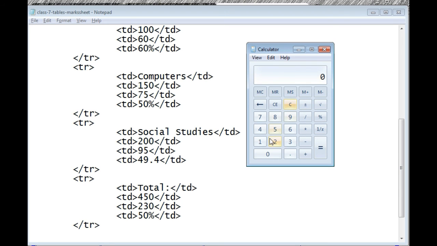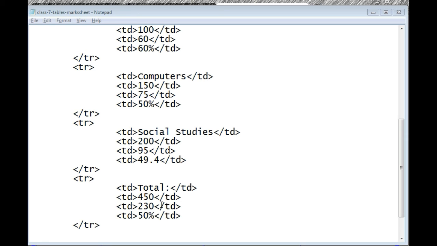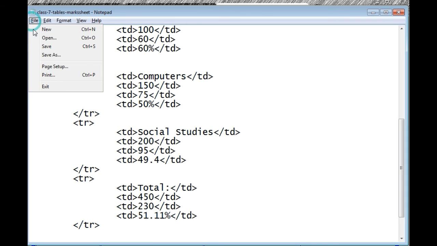Sorry, obtained marks are 230, and total marks are 450, and we multiply it to 100. It is 51.11. Okay. File save.